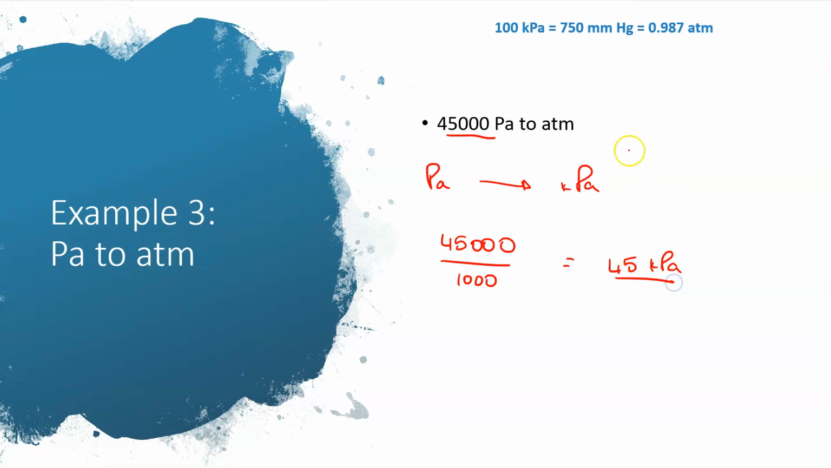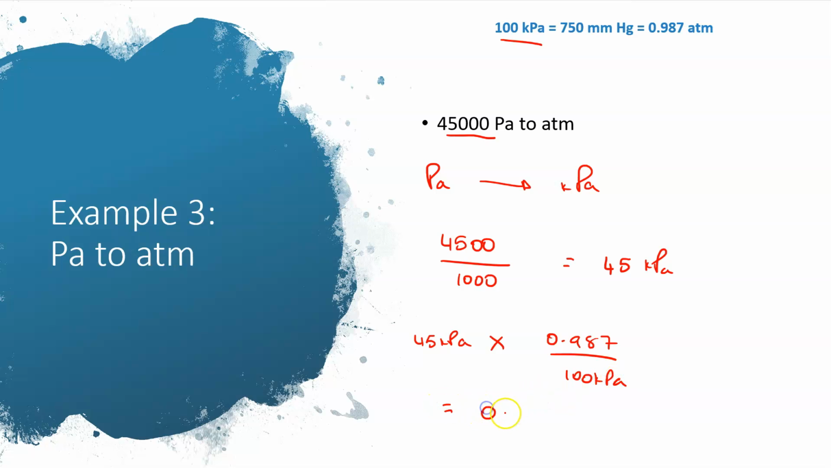Now I've got 45 kPa, I can use my conversion factor from here. So now I've done my metric conversion. It's just the same process as before. So we've got our 45 kPa multiplied by our conversion factor. I want to get to atmospheres, so atmospheres will be on top, divided by 100 kPa. And when we throw that into the calculator, we will end up with a final answer of